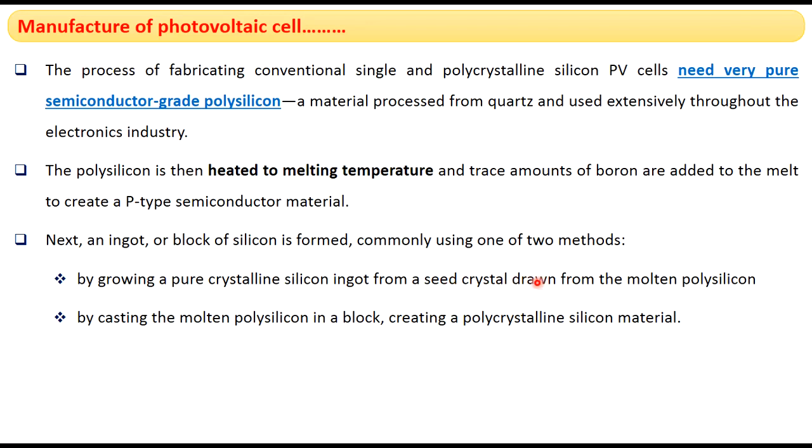For this method, we have the Czochralski method or float zone process. The second method is the casting process, where molten polysilicon is converted into an ingot or a polysilicon rod, creating a polycrystalline silicon material. Either of these methods finally leads to the formation of an ingot or polysilicon rod.